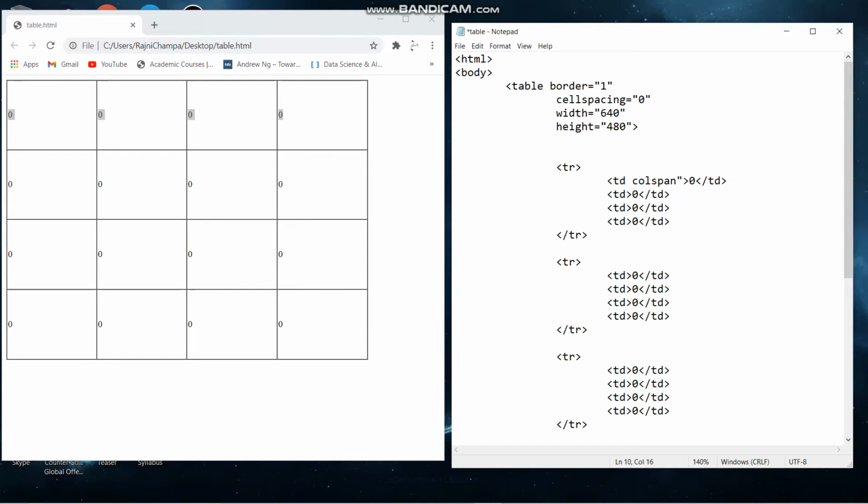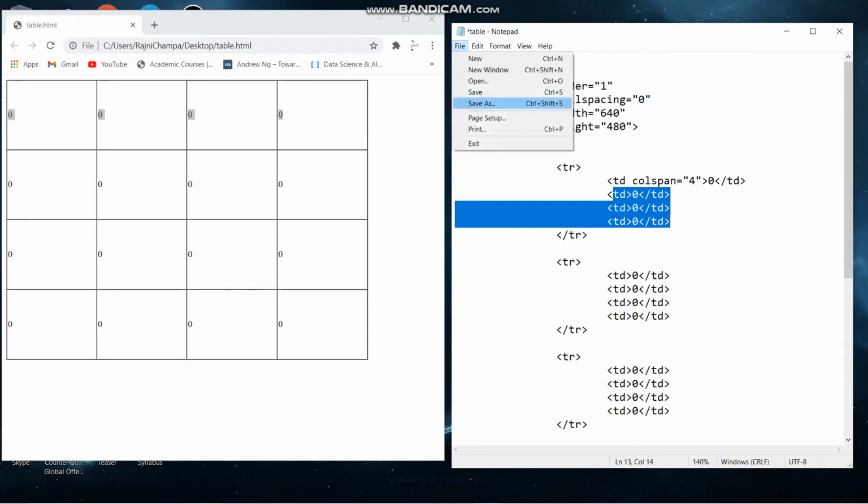Colspan is the column span, and it says how many cells you are going to merge into a single cell. It is the td, first td itself, second td for the second column, third td for the third column, and fourth td for the fourth column. No, actually, the 4 columns you have to merge into a single column. So I am writing colspan equals 4 in double inverted commas.